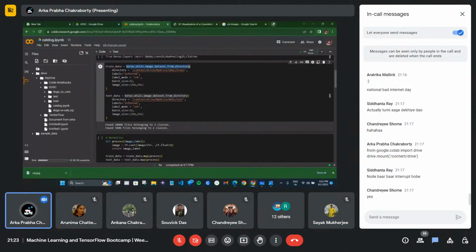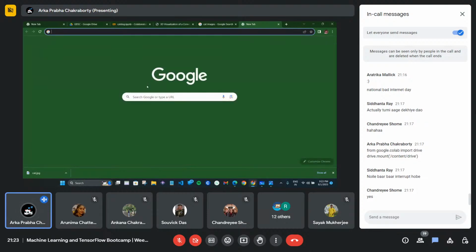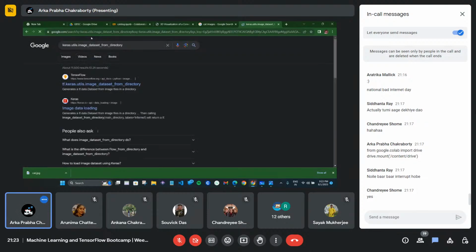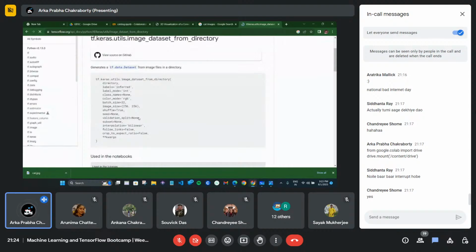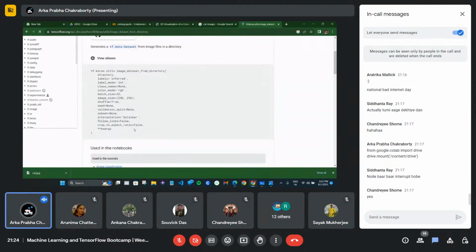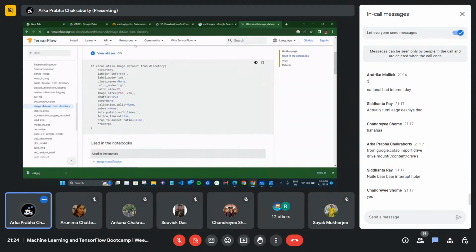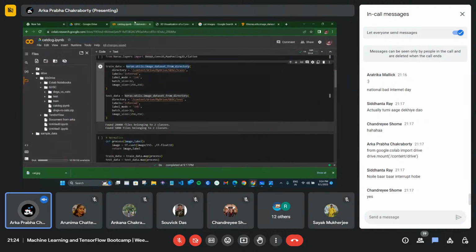If you search these docs, you will be able to get each and every thing for whatever parameters I have used there. This will be available on the internet, so you don't have to worry about it.